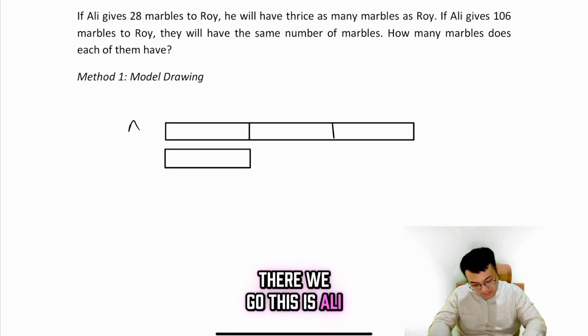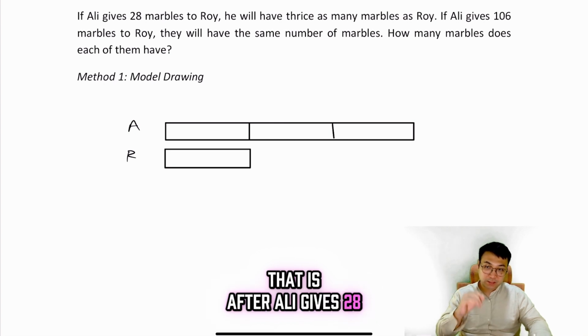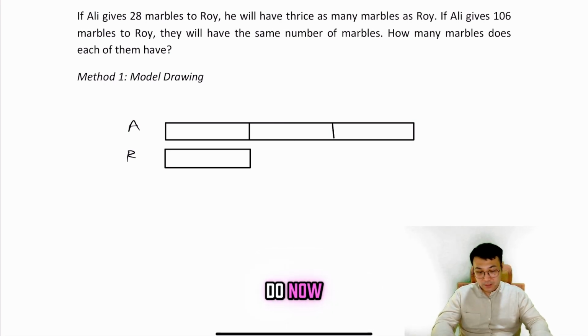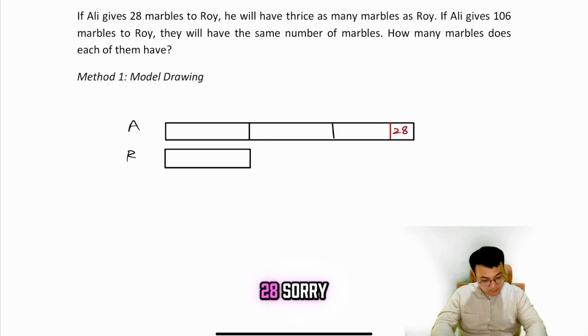There we go. This is Ali, this is Roy. Ali has 3 times as many as Roy. That is after Ali gives 28 to Roy. So what are we going to do now? I'm going to say that this 28, sorry,